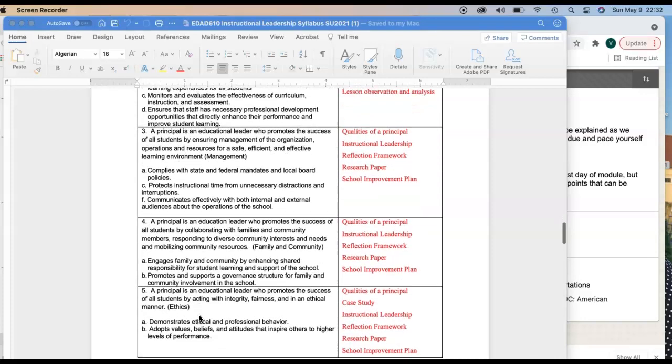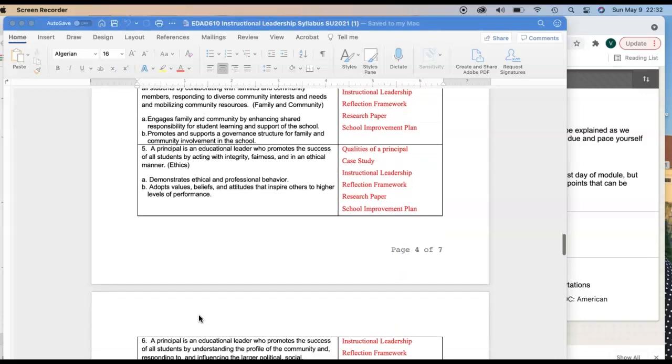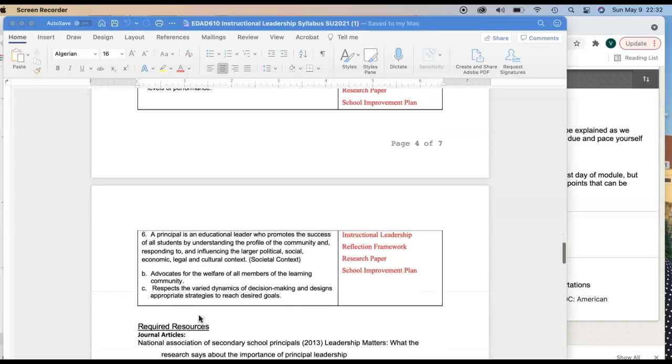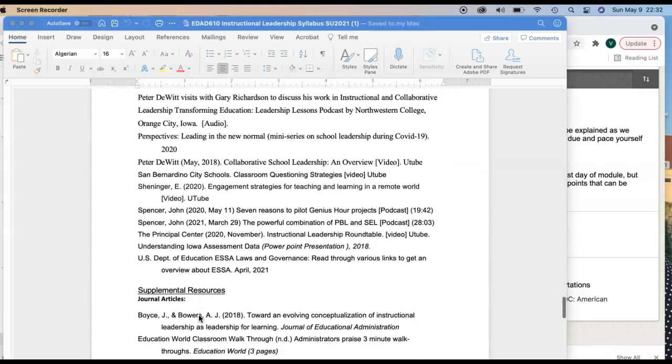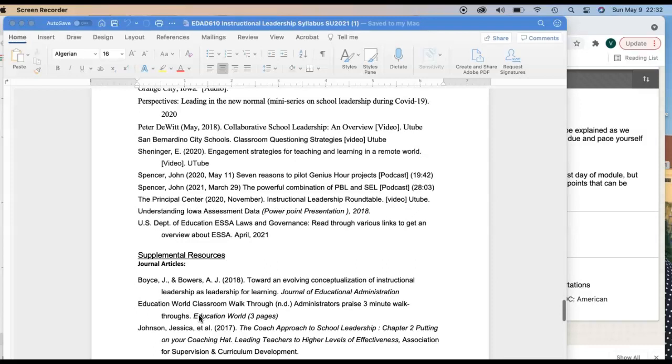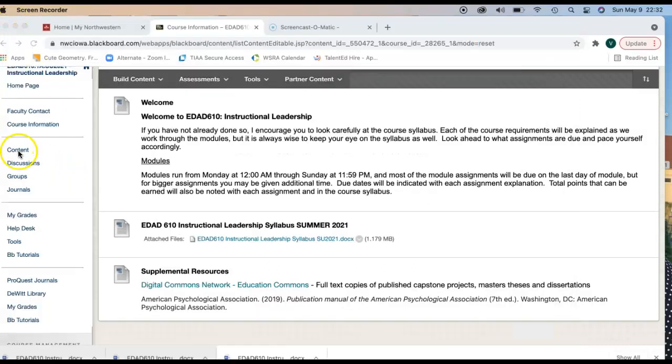And then here are our objectives and which papers and projects will cover those objectives, and then the required resources, and also all supplemental resources are listed here. So a helpful document. All right, we're going to go here to the very first module,